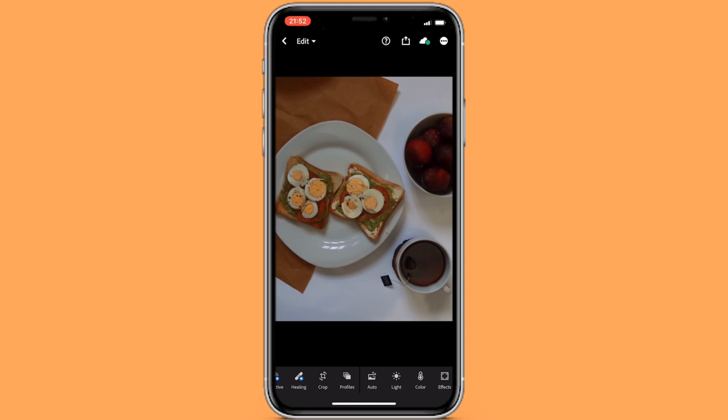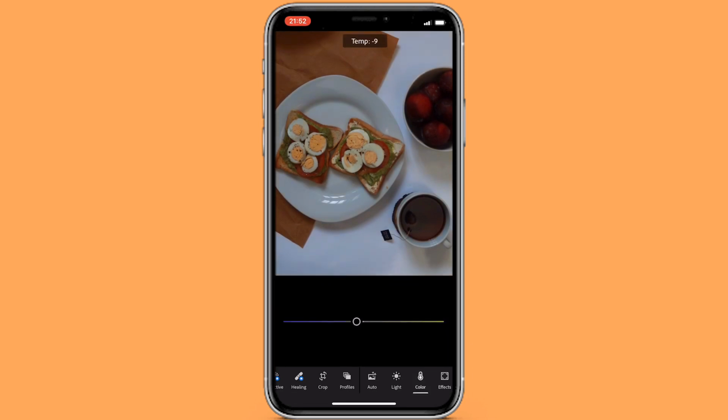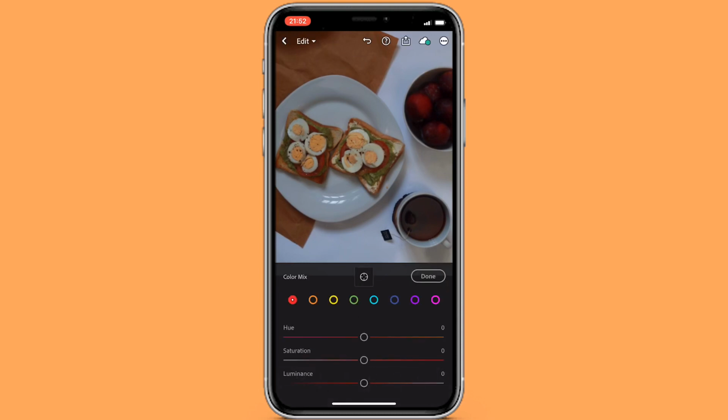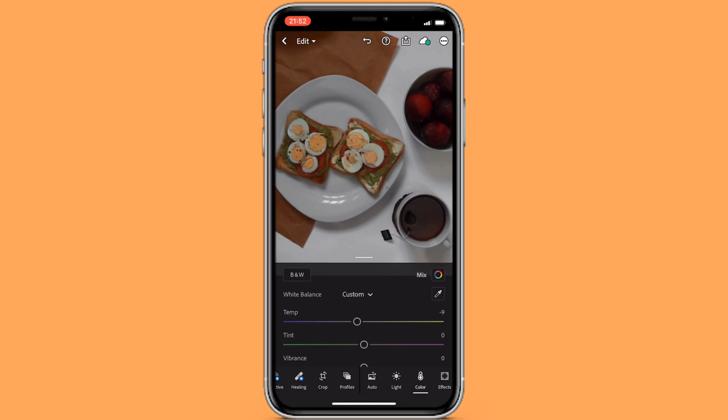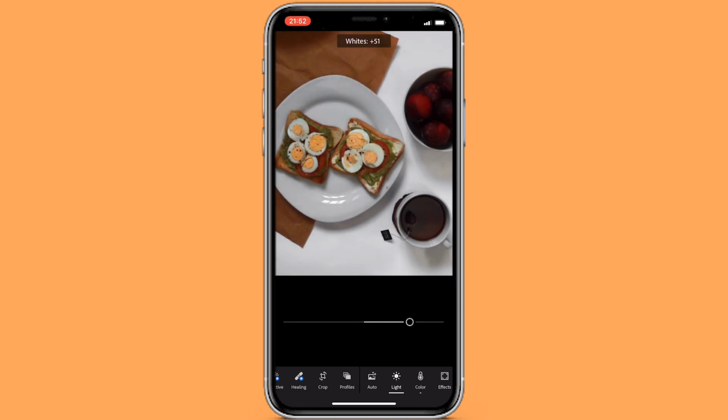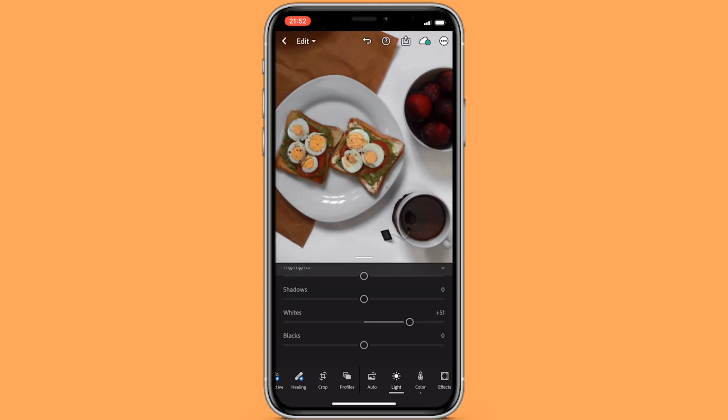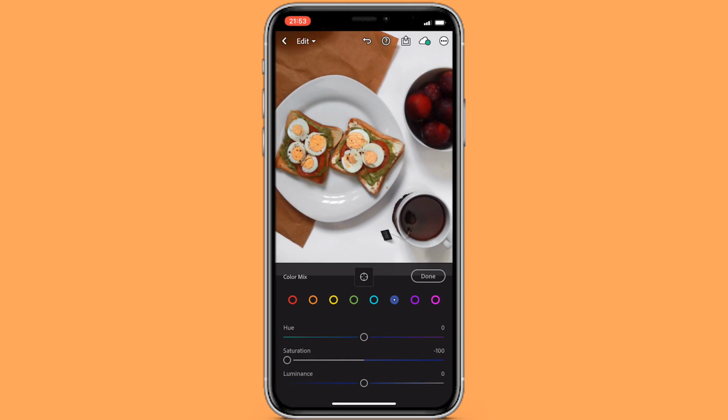And here I think what's most important is drawing out the color. So what I'm going to do is go to color first, drop the temperature so I can make it a bit more blue, and then I'm going to remove all of the blue just to make it a little bit brighter and remove all those yellow tinges. Then I'm going to go to light and increase the white so the plate really is white and what's white is really white. And then I'll start working on the other colors. Okay, I think I'll up the exposure as well. Yeah, up the exposure a little bit, and then go to color